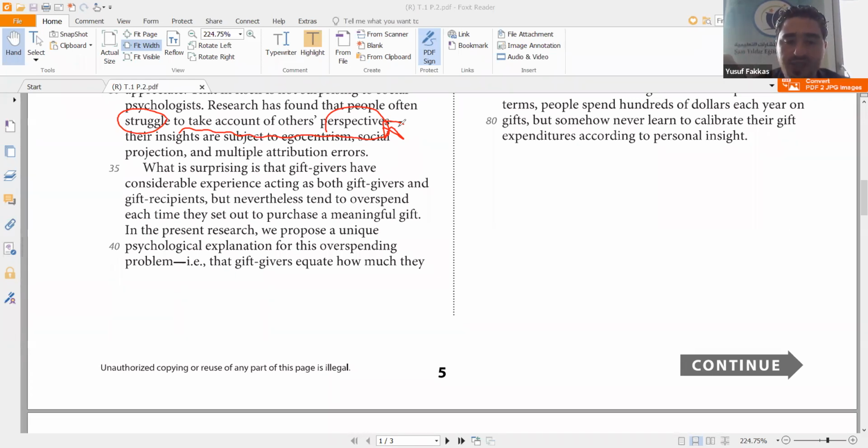Research has found that people often struggle to take account of others' perspectives. I cannot think the way that you think, and you cannot think the way I think. I think that you will like this more, right? And that's why, you know,